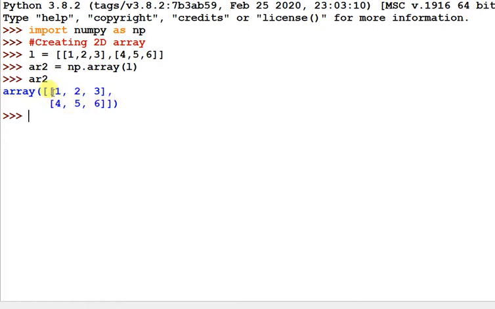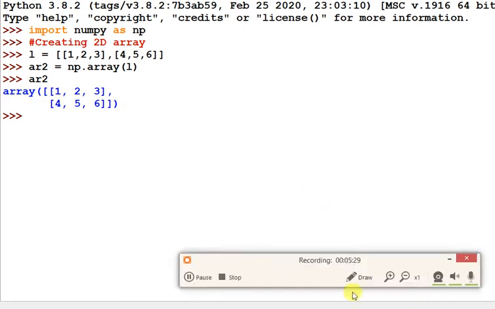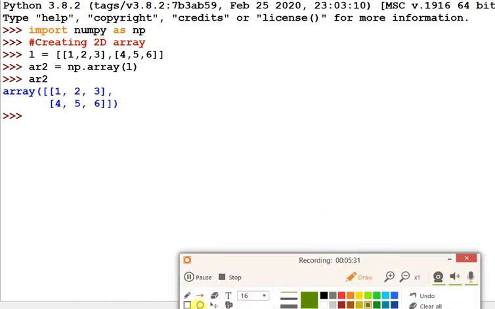This is a two-dimension array of 2 into 3, 2 rows and 3 columns, because the number of rows is 2 and the number of columns is 3.